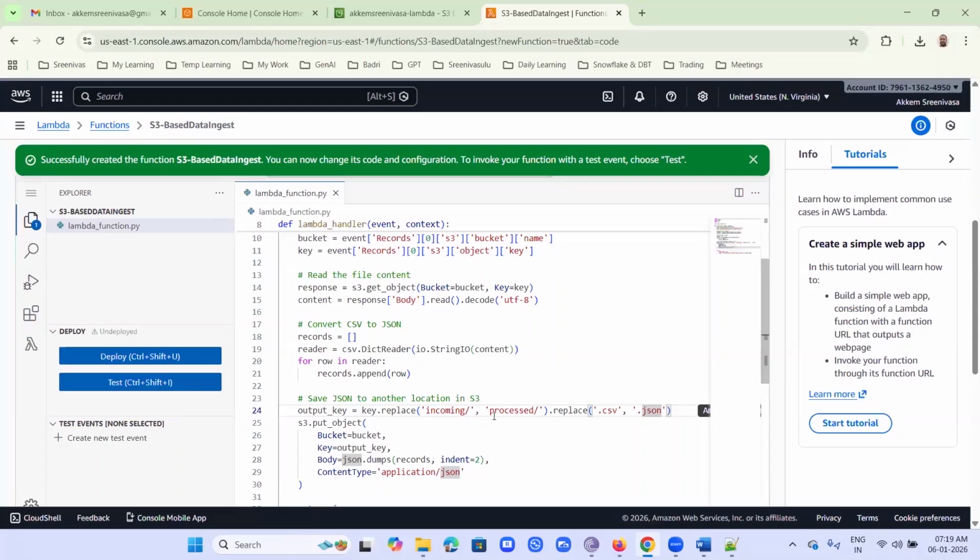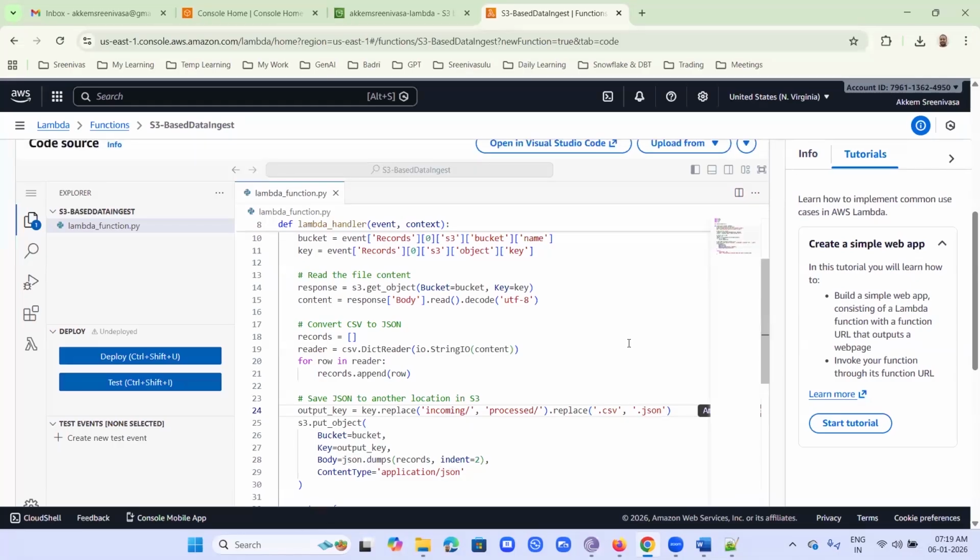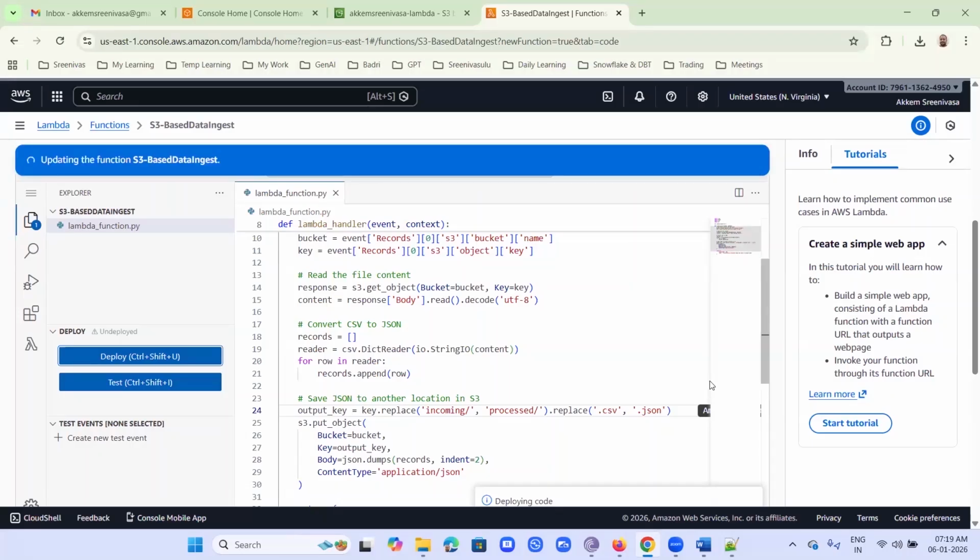Okay, let me save this program. So the program is generated. You want to update this modified code. What do we have to do? We have to click on deploy. Yes or no? And after deploy,